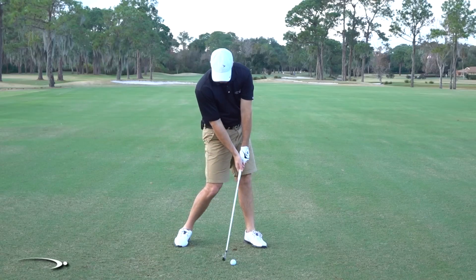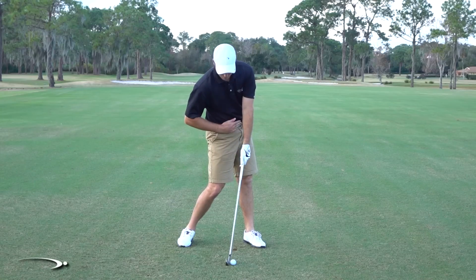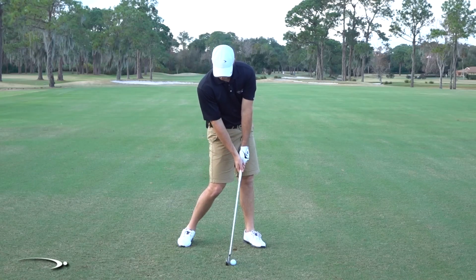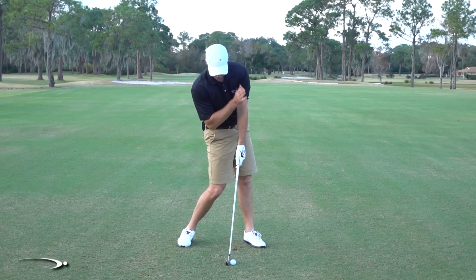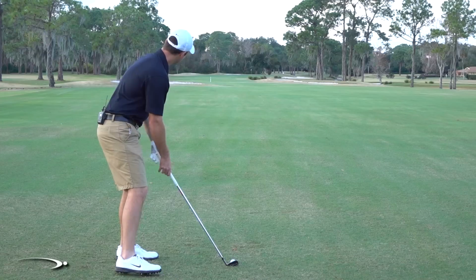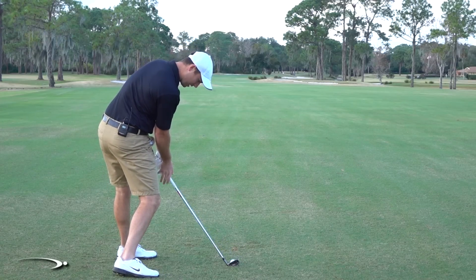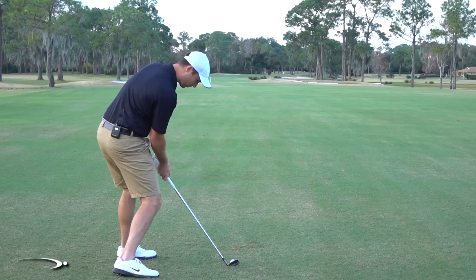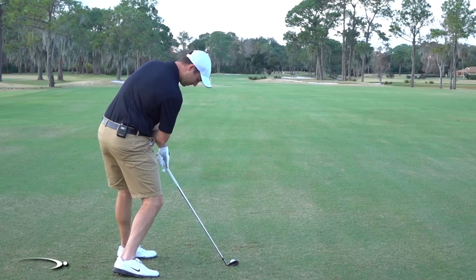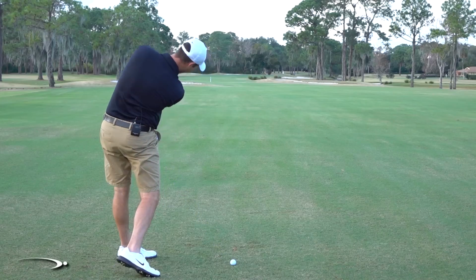Number two, as you get to contact, just like we talk about in our system, we want the hips about 45 degrees open and those shoulders nice and square, and we're in that good compression line. So when you're looking at this from down the line, it's going to look like this, where now I've stayed in my posture. I'm coming down and through, and I'm not raising up like this, and that's because my hips have been able to clear out of the way, and I'm going to feel pretty comfortable as I'm coming through